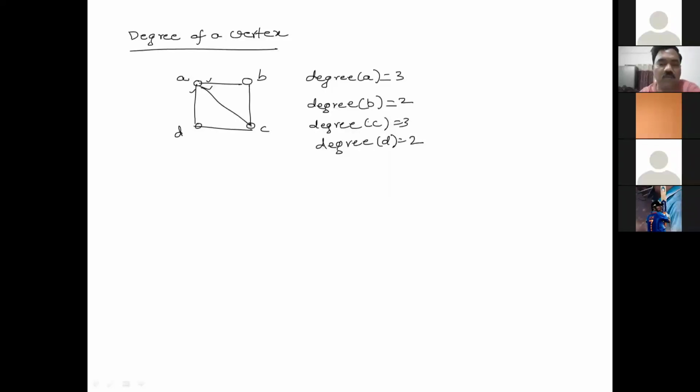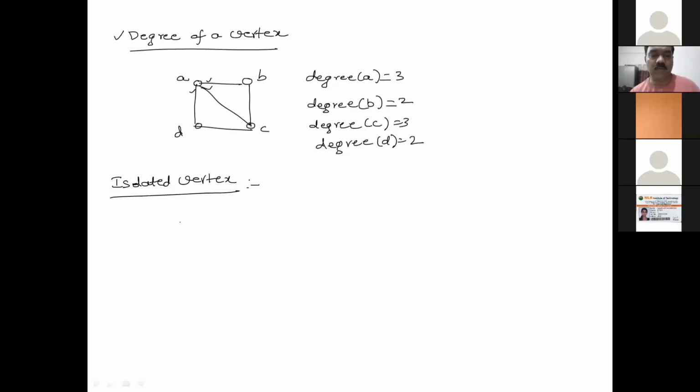So this is an important term; normally we will be referring to the degree of a vertex. And with respect to this, there is another term called isolated vertex. Can anybody guess what an isolated vertex could be? What do you mean by isolation? Separation from all. Yes, separation. So what could be the degree of an isolated vertex? 1? No. 0. Yes.